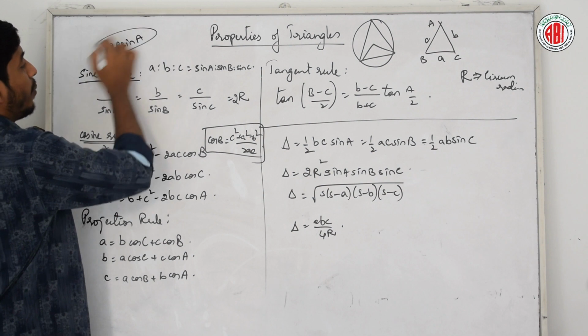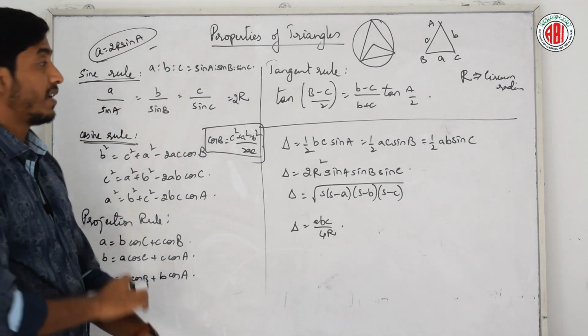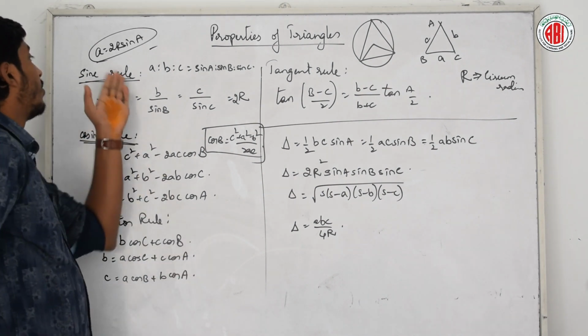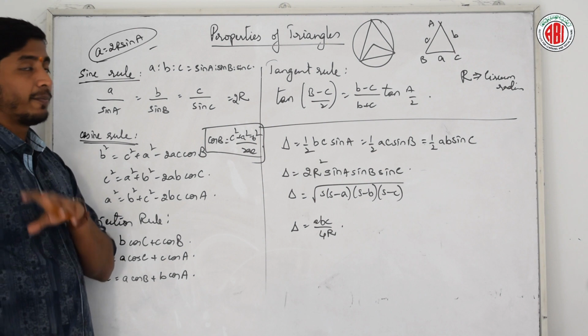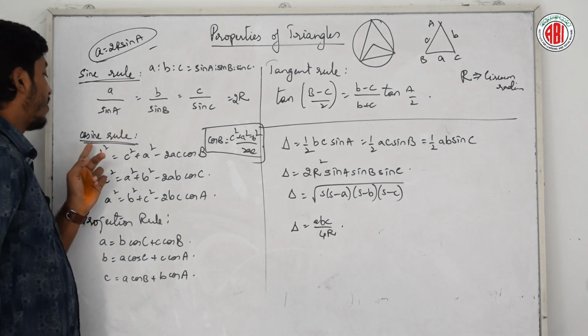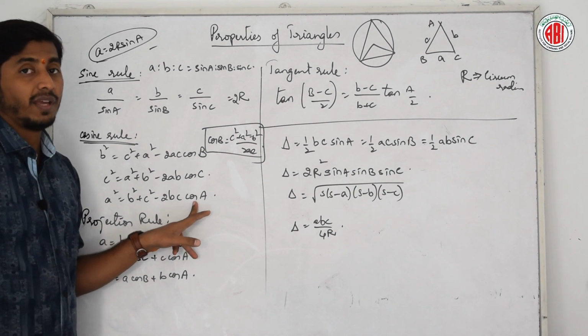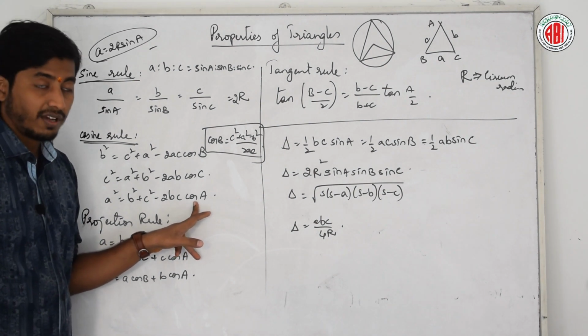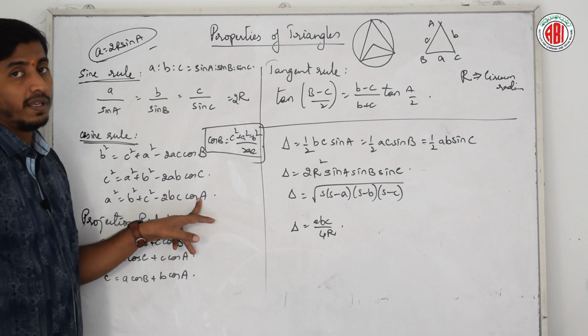These are the most popular things which we are going to use in our problems, right? Just remember, by the sine rule, small a is equal to 2R sin A, small b is equal to 2R sin B. Clear? Whenever it comes to the cosine rule, if I ask you to find cos A, what will it be? Cos A is b square plus c square minus a square by 2bc.